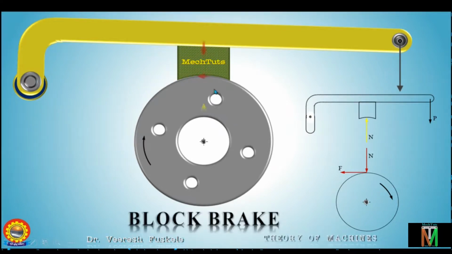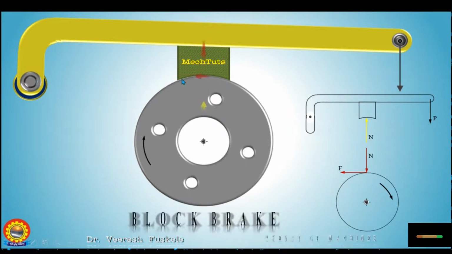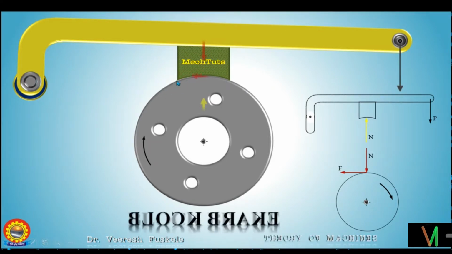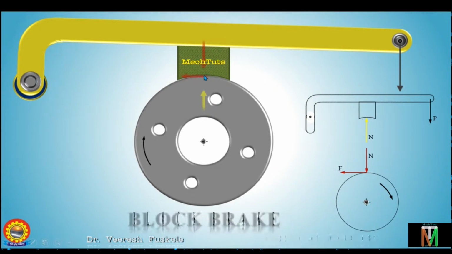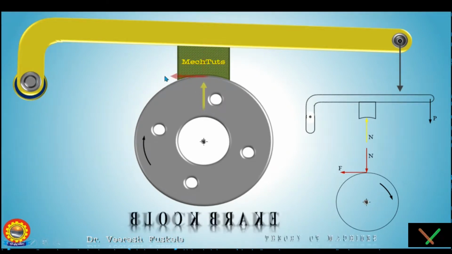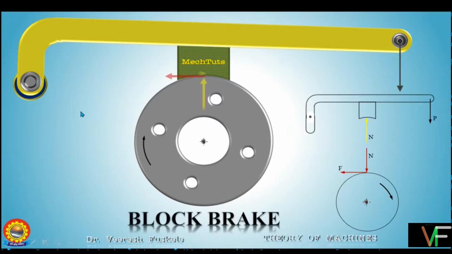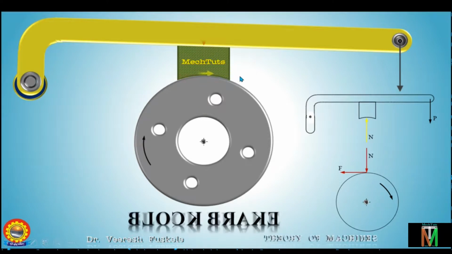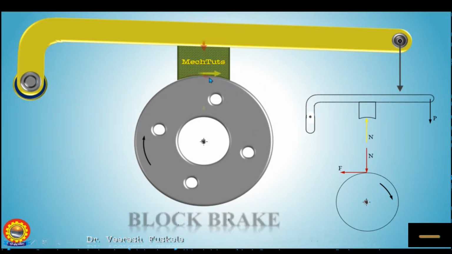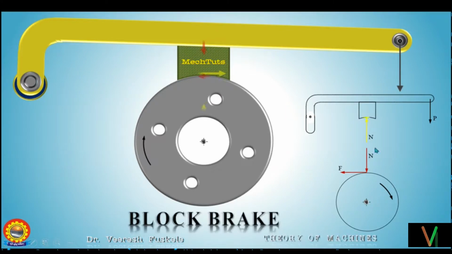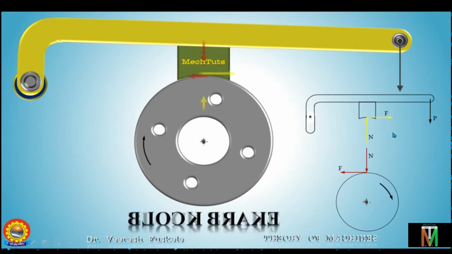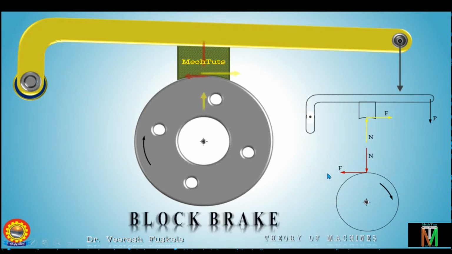Similarly, according to Newton's third law, an equal and opposite reaction will be there on this friction force on the block. So the block will be experiencing the friction force towards the right, in the direction opposite to this friction force. So it will be something like this. This will be the friction force which will be acting on the block towards the right. So this can be plotted here like this. This will be the force of friction on the block, which will be in the direction opposite to the force of friction on the drum.